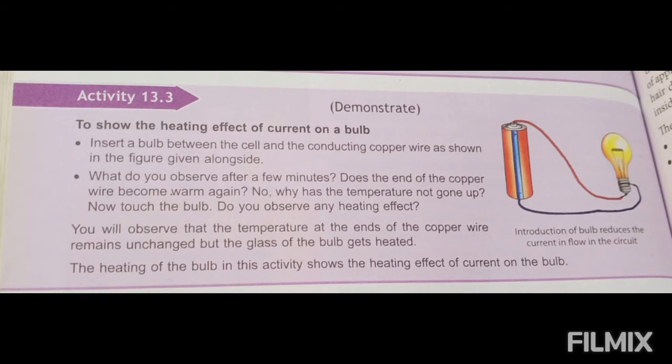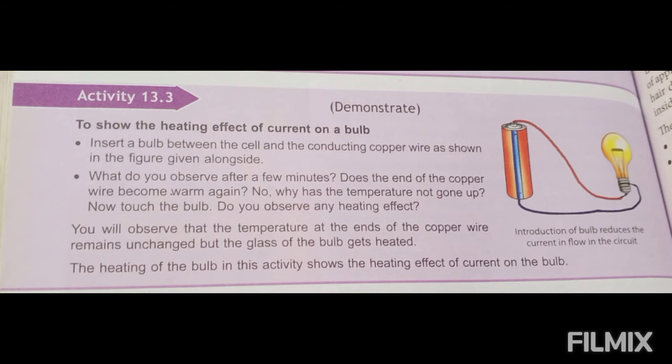When a bulb was introduced into the circuit, because the filament of the bulb has a higher resistance than the ordinary wire, which increases the total resistance of the circuit, जिसकी वजह से पूरे circuit का resistance बढ़ जाता है. The higher the resistance, greater is the heat produced. So the conclusion we can draw from this activity is that जितना ज़्यादा high resistance होगा उतनी ज़्यादा heat produced होगी.